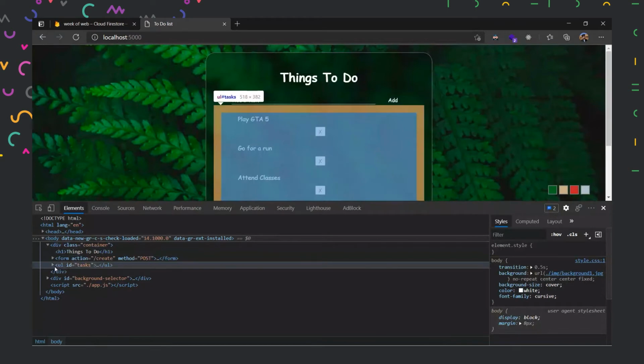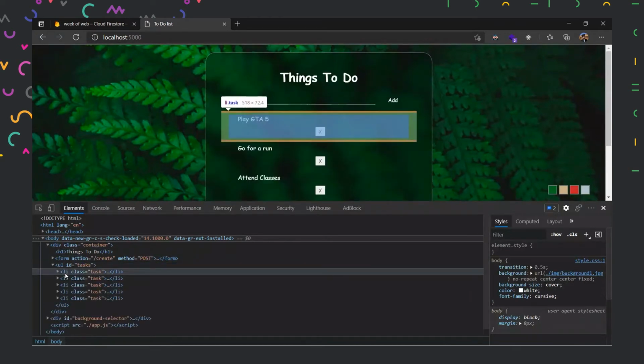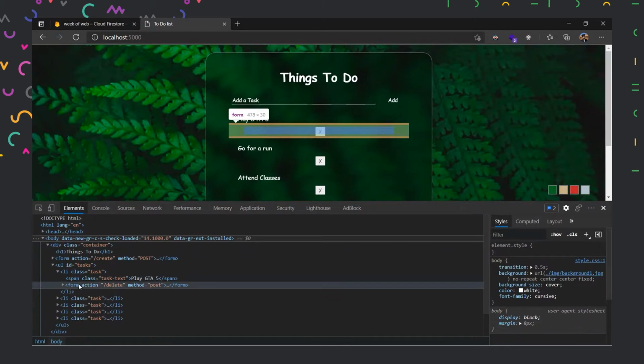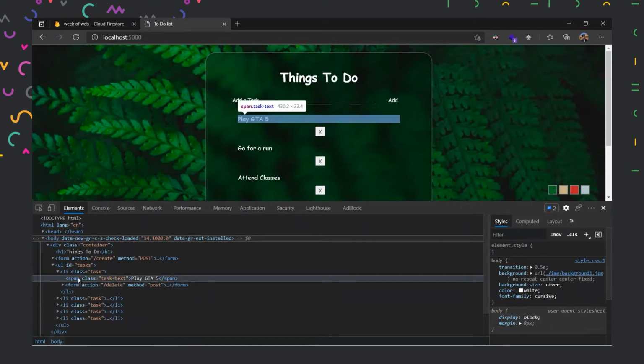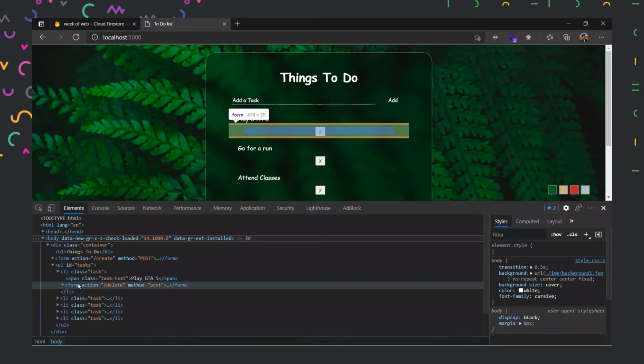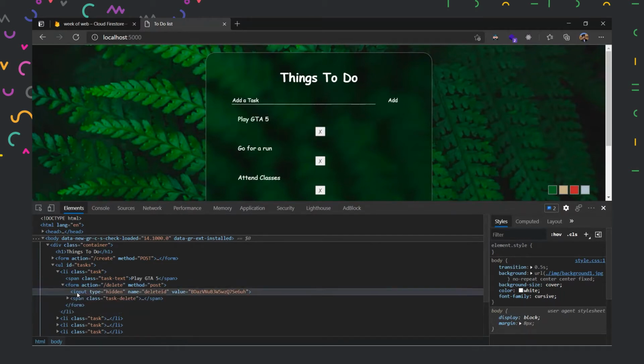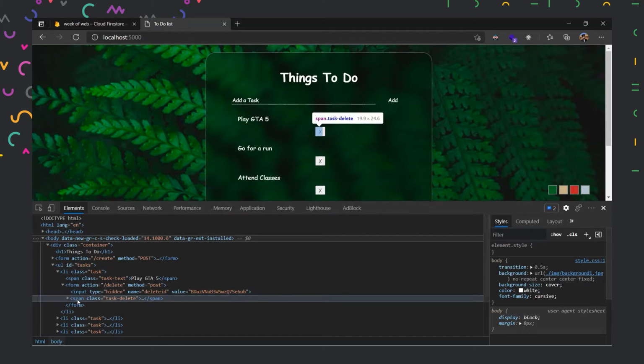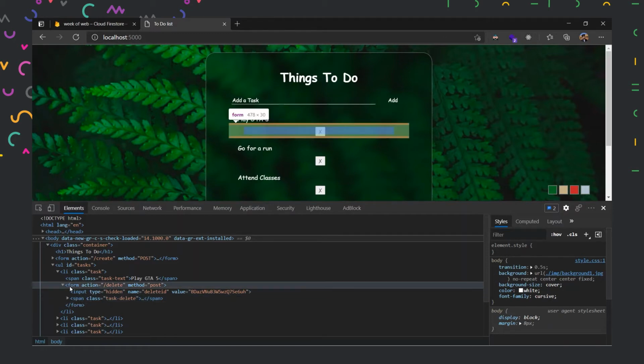So we have to go to our unordered list, and in the unordered list, we are seeing how the spacing is going on. You see the problem here is this span, this form which we have created. A form is a block item, so it will take the whole width of the parent, and we needed a span-like element which doesn't take the whole width, it takes only the space it needs. So what we'll do is select this form and make it an inline block element, which will help us define its width and all.